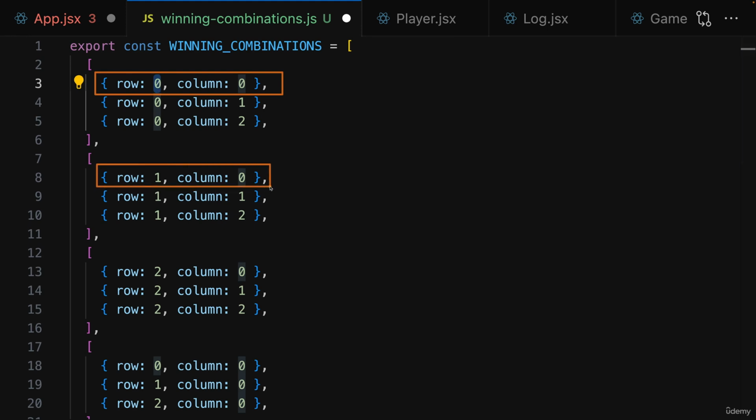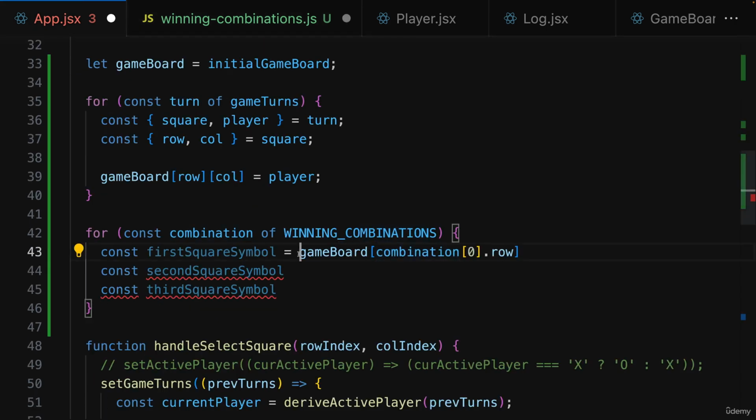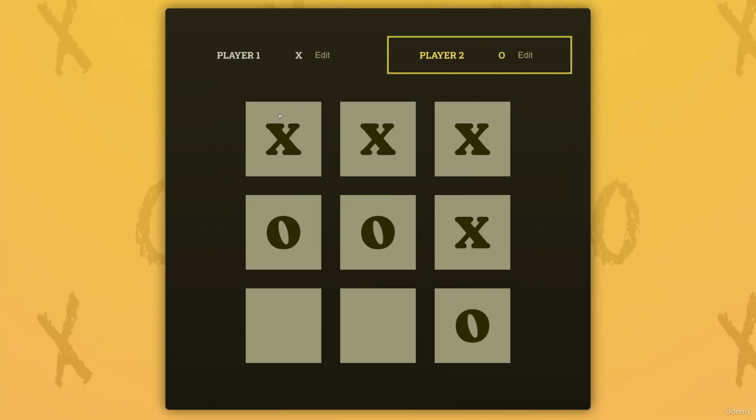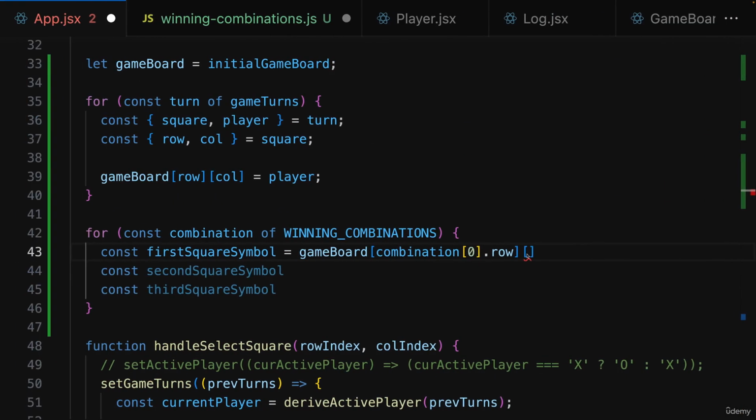This is the first element in this winning combination. Or this would be the element in the next winning combination, in the next iteration of this for loop, where we go through all winning combinations. And we're now extracting the row to access a row in our game board. And then once we access the row, we want to access a column in the game board to access one specific square there